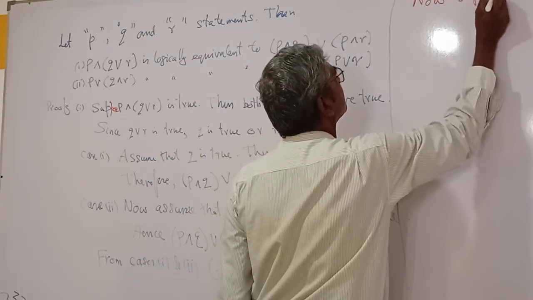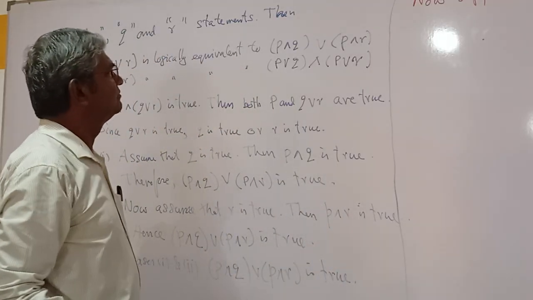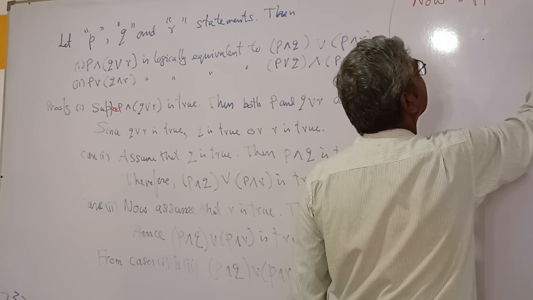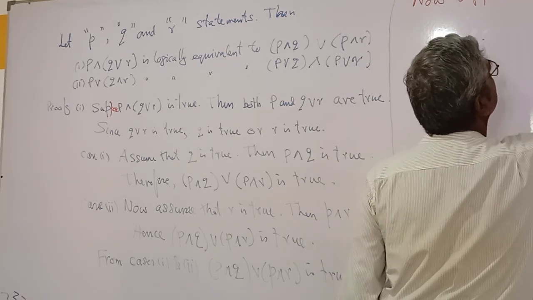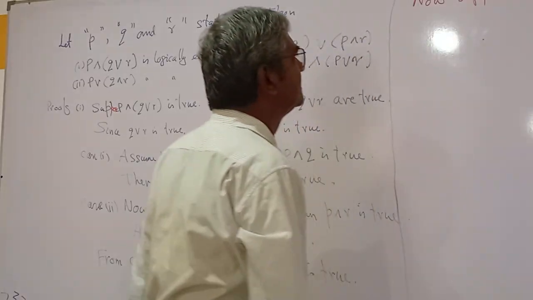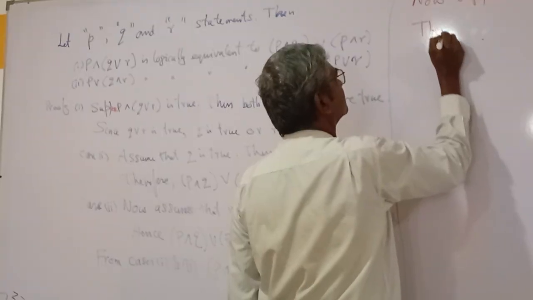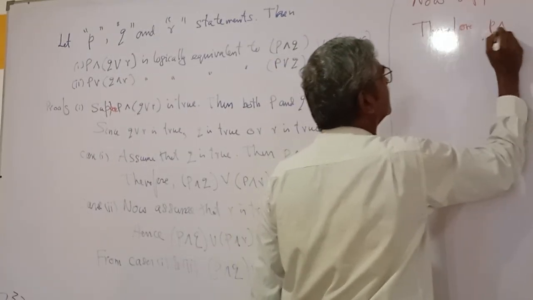Suppose (P and Q) or (P and R) is true. Therefore, P and Q is true